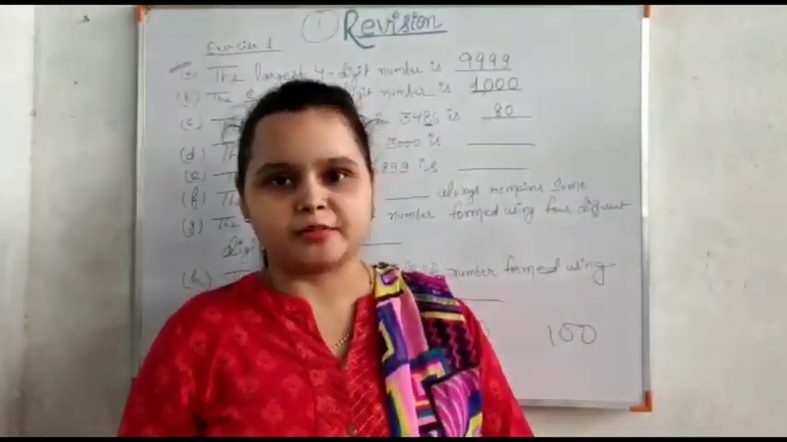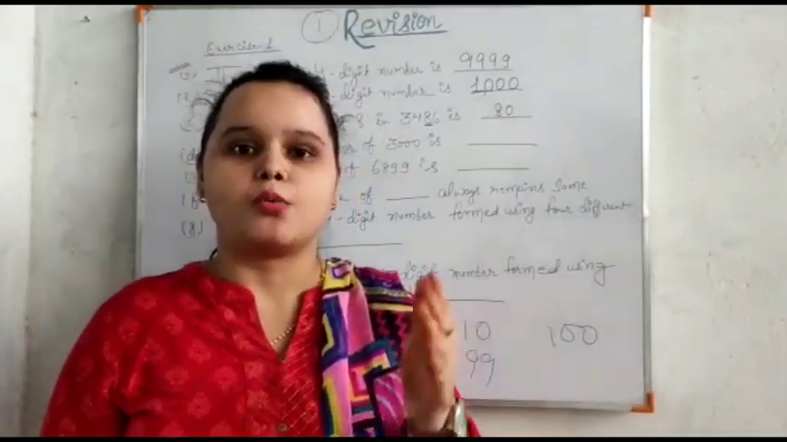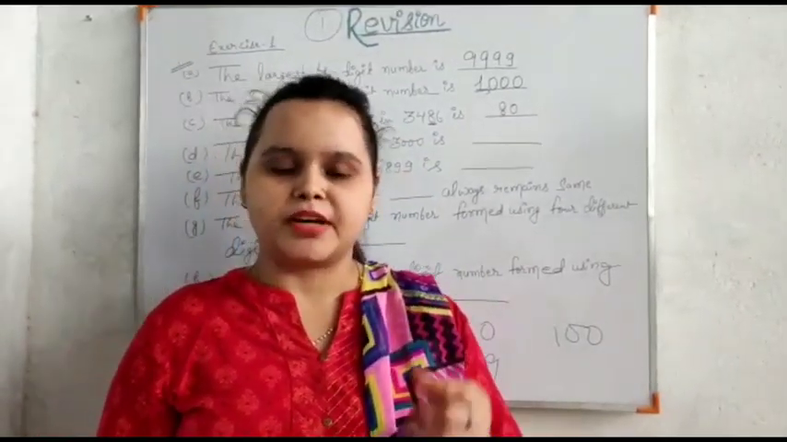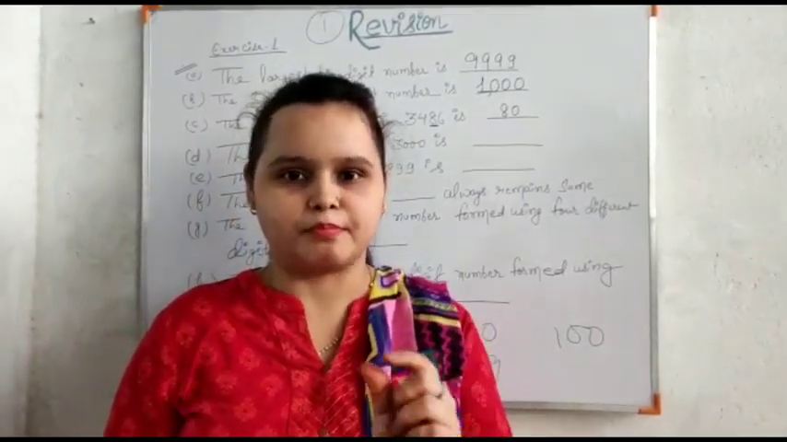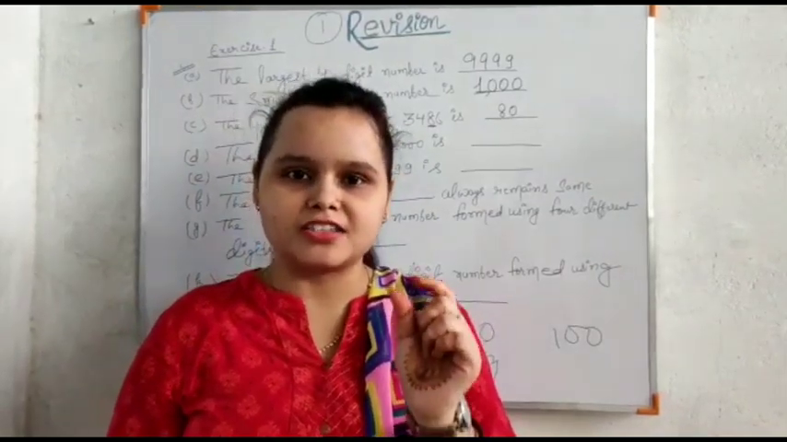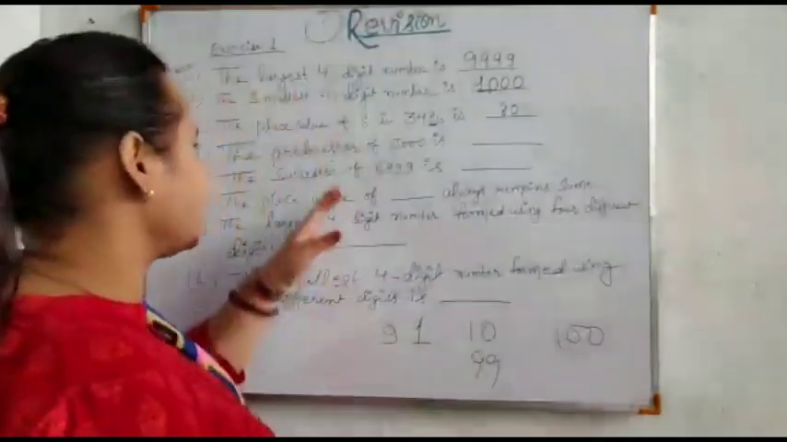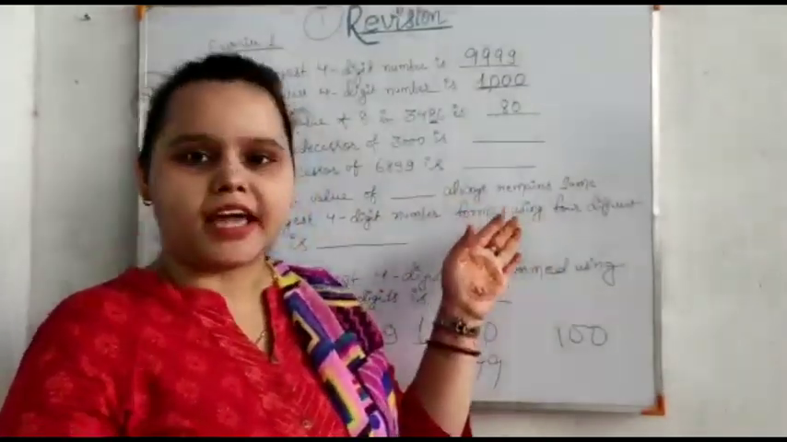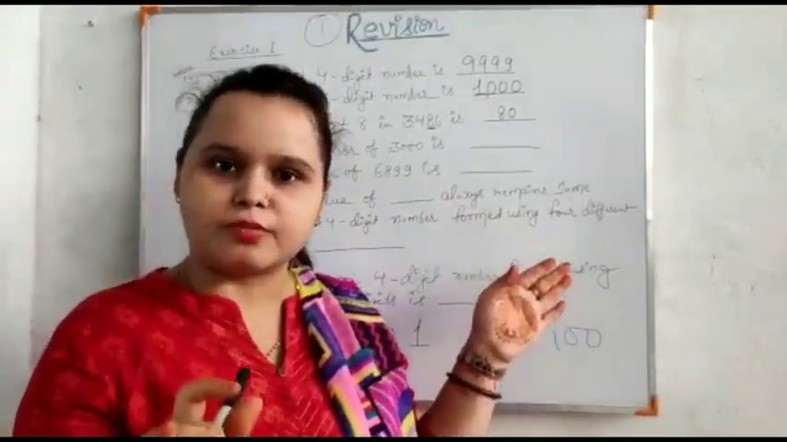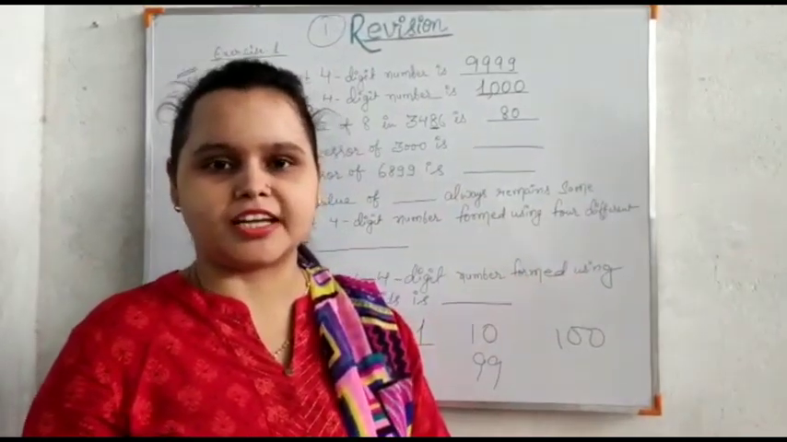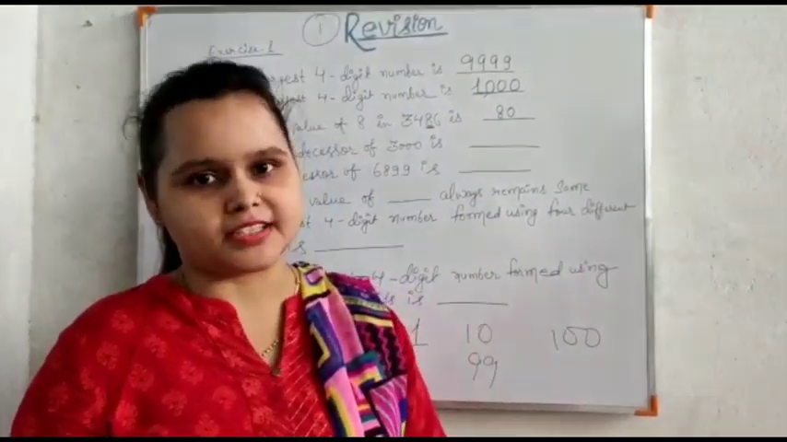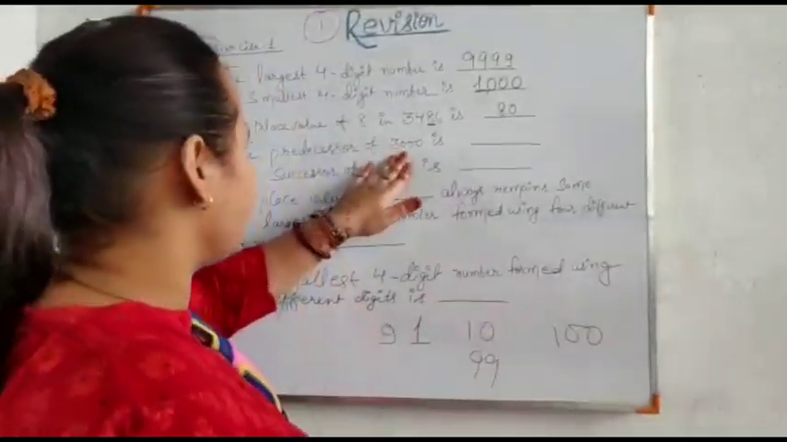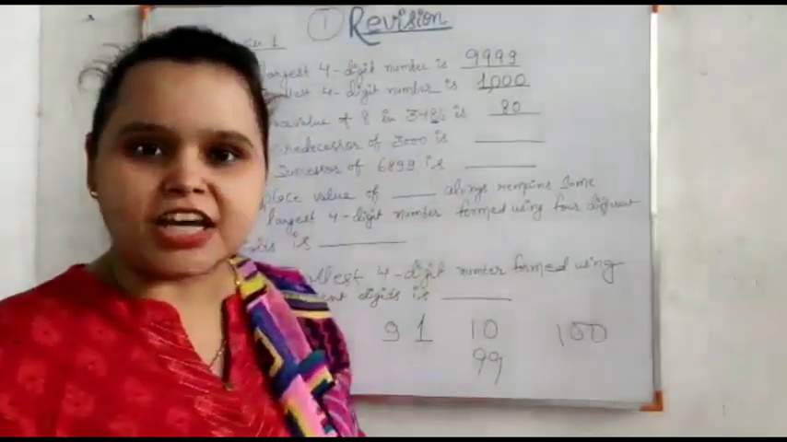Now the next question is the predecessor of 3000. First, it is very important to know what a predecessor is. Predecessor means one back, that is, minus 1. Whatever number the predecessor is asked for, we have to subtract 1 from it. So the predecessor of 3000 is